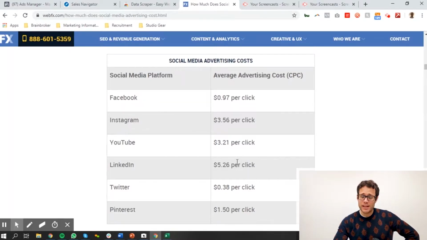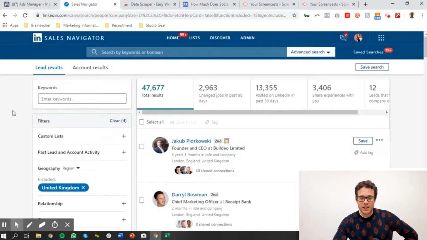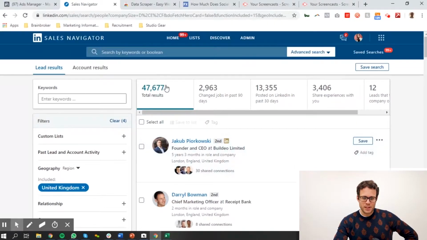And to be honest, fair play to old Jeff. Why is he charging 6 times higher than Facebook? Because you just can't get this kind of level of targeting in Facebook. And the people that want to target the most are B2B companies because their contracts are worth sometimes millions. Some of my contracts, if I land a new client, could be worth £1 million a year. So you better believe that I'm ready to spend big bucks to get a new client. And so that's why the cost per click has gone up. These people are smart. They don't get paid the big bucks for no reason.